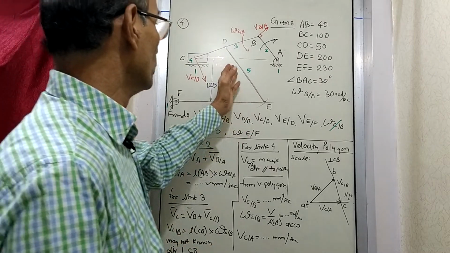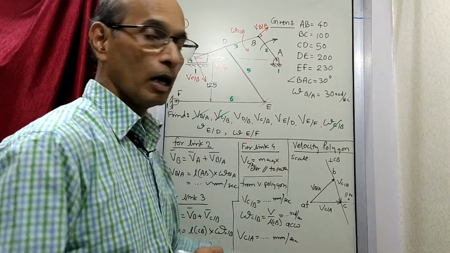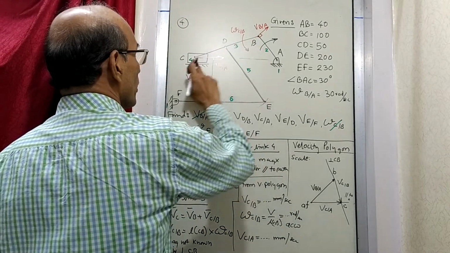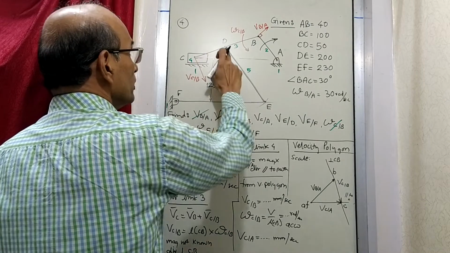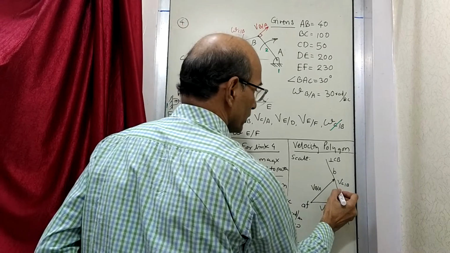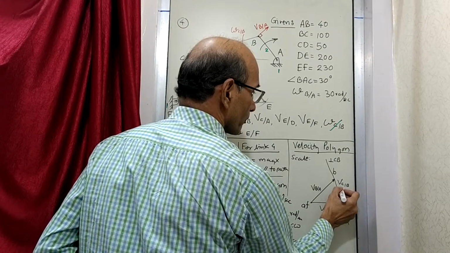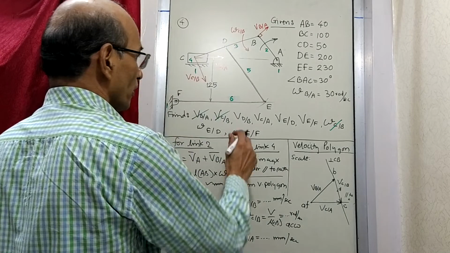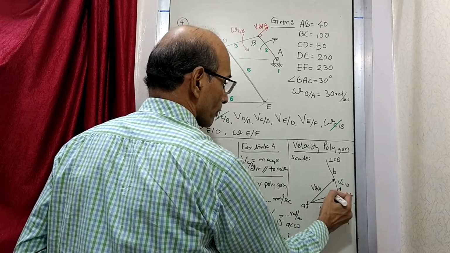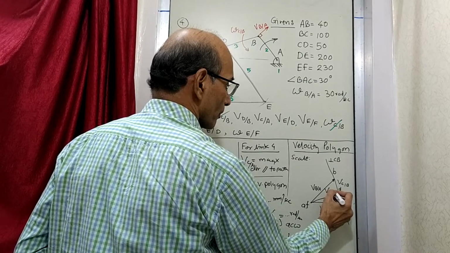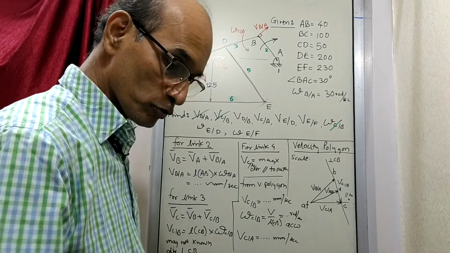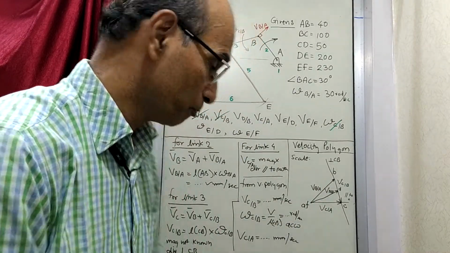Now we have to go to link number 5 to find out the other things. Maybe you can find out this velocity of D with respect to B. We have found out velocity of C with respect to B. If you find out D with respect to B, since D is the midpoint, somewhere here it will be D. So it is point D. And now velocity of D with respect to B will be this vector, like this. That is velocity of D with respect to B, which will be required for the next part.